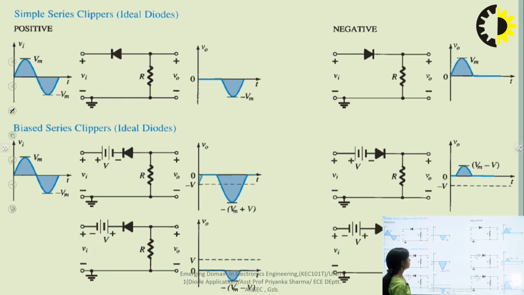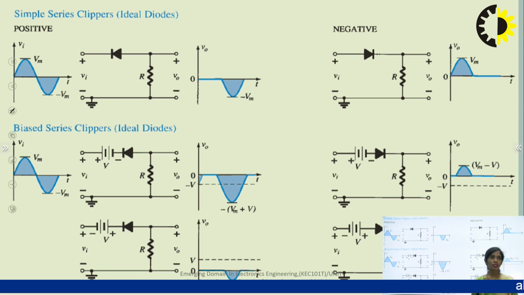Now this is going to show the complete circuit, the possible combinations of the series clipper. In this we had studied this circuit. This is the basic circuit for the positive clipper and this is the basic circuit for the negative clipper. Now next is the biased series clipper, which I had explained to you. This can be seen here, for this arrangement with the positive terminal battery and the diode connected,